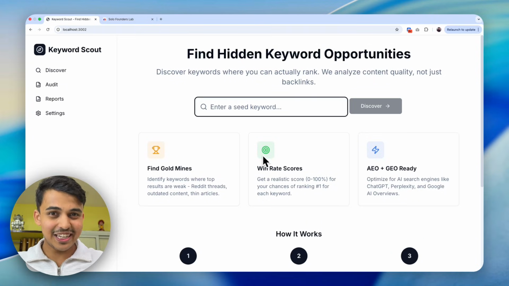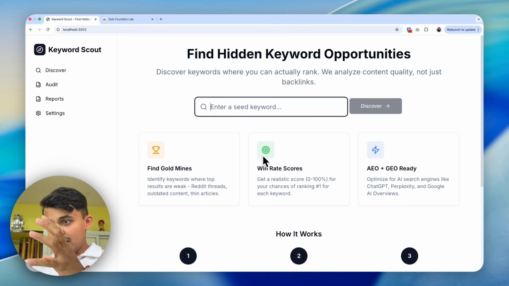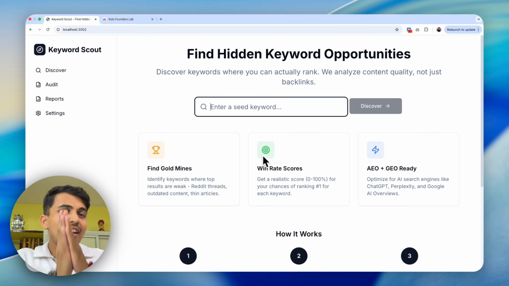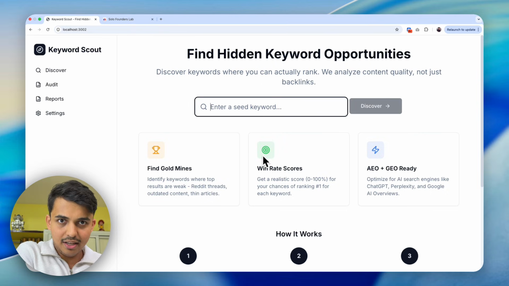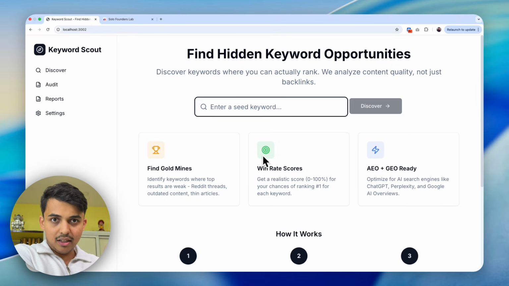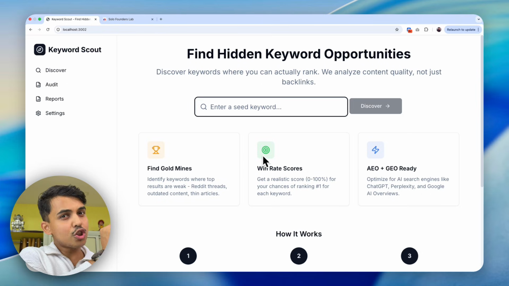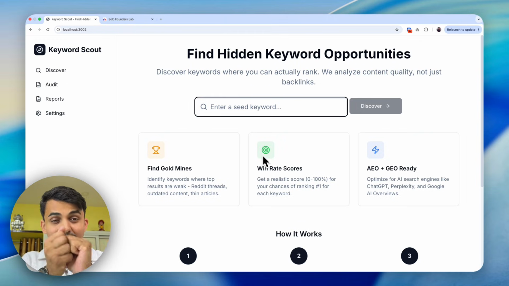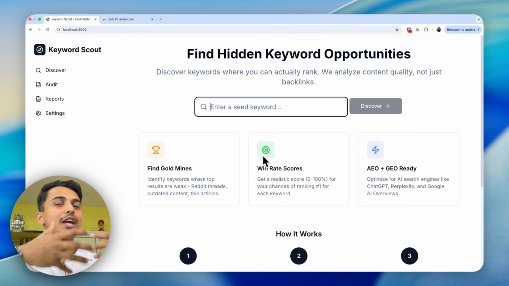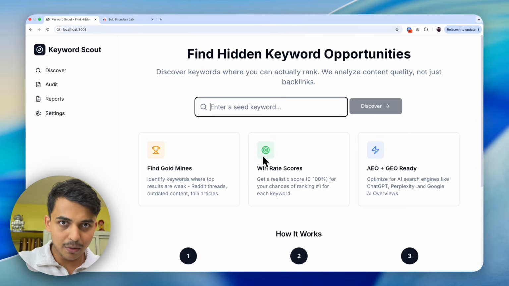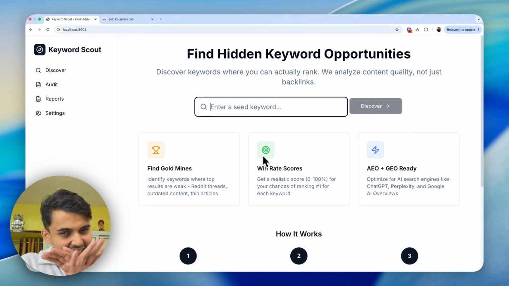This SEO agent beats every other paid SEO tool out there. It just does not give you a keyword that you're not sure what to do with. Instead, it gives you an actual actionable plan backed by data where the demand is high but the supply is not so good, so that you can actually implement that content plan for your business to get more reach, to help more people, and to boost your business. This is a game changer, okay?